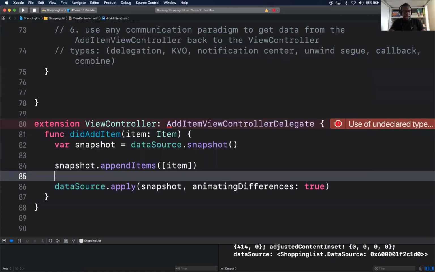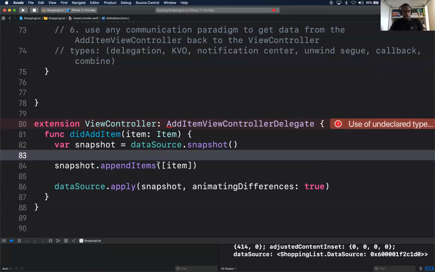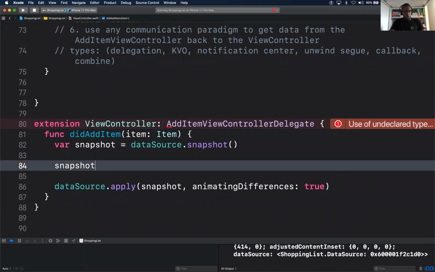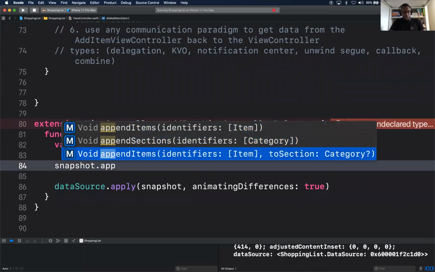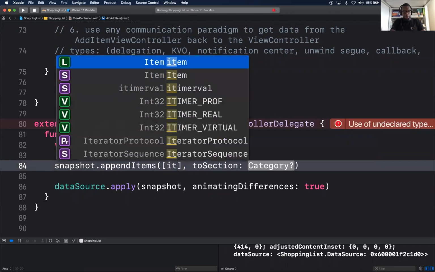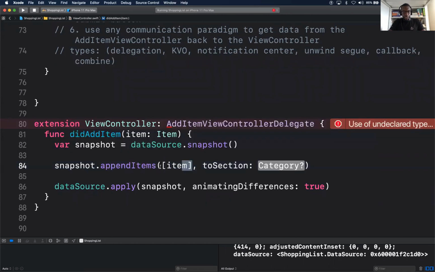Like where am I adding? Actually, forget this. Just do append here. So that's the function Ben was talking about earlier: append items to some given section. So this is what I'll do. I'll do item, which is an array. It just happens to have one item, which is the item that you got back from your delegation protocol.